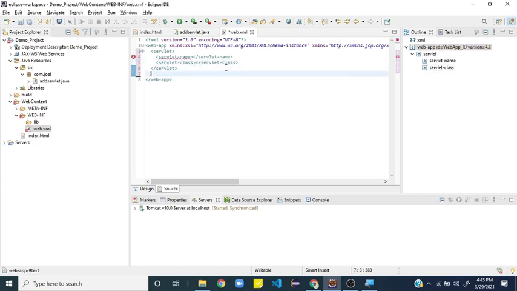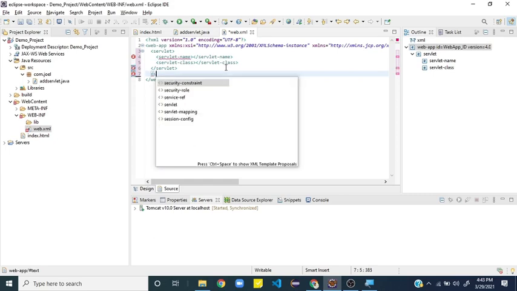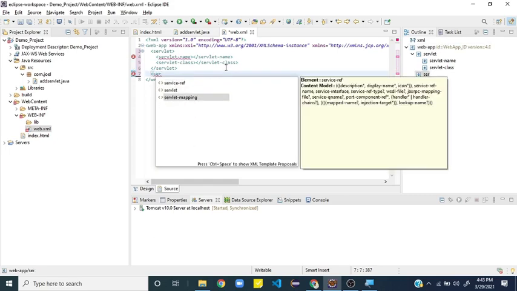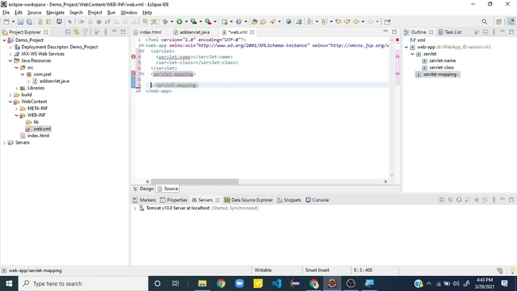Okay, now the next main is servlet mapping, so we have to use servlet mapping. Again, inside this we have servlet name, and instead of servlet class we have URL pattern.